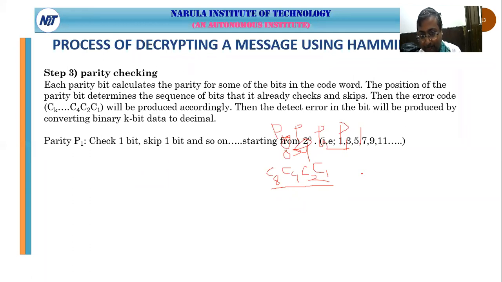So now how we will correct it? This is the procedure. Okay, so now go to the procedure. Parity P1 already checked. This is checked from the received Hamming code, not the sent Hamming code. Not what I sent, I will check from what I received. Okay,